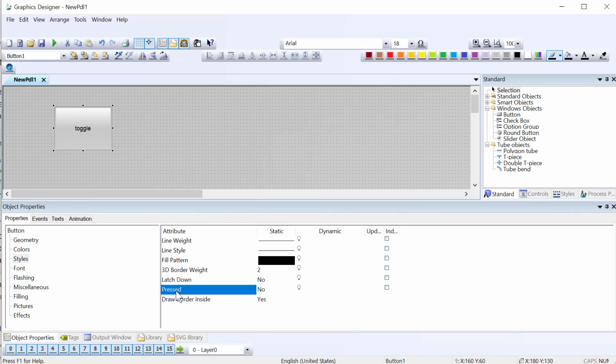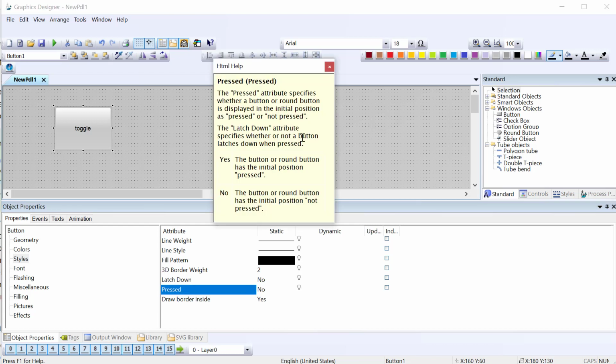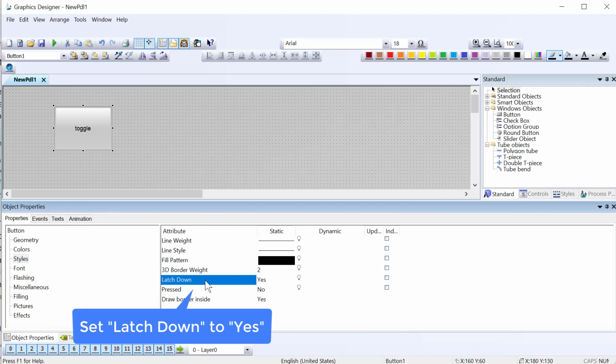The next thing is this pressed function, and it is merely a property that tells you whether or not it's pressed. So if you click the button and it's down, then pressed is going to be true, or yes. If it's pressed down and you click it again and it pops out, then pressed is going to go to a no. So the combination of these two properties, if I turn latch down on,